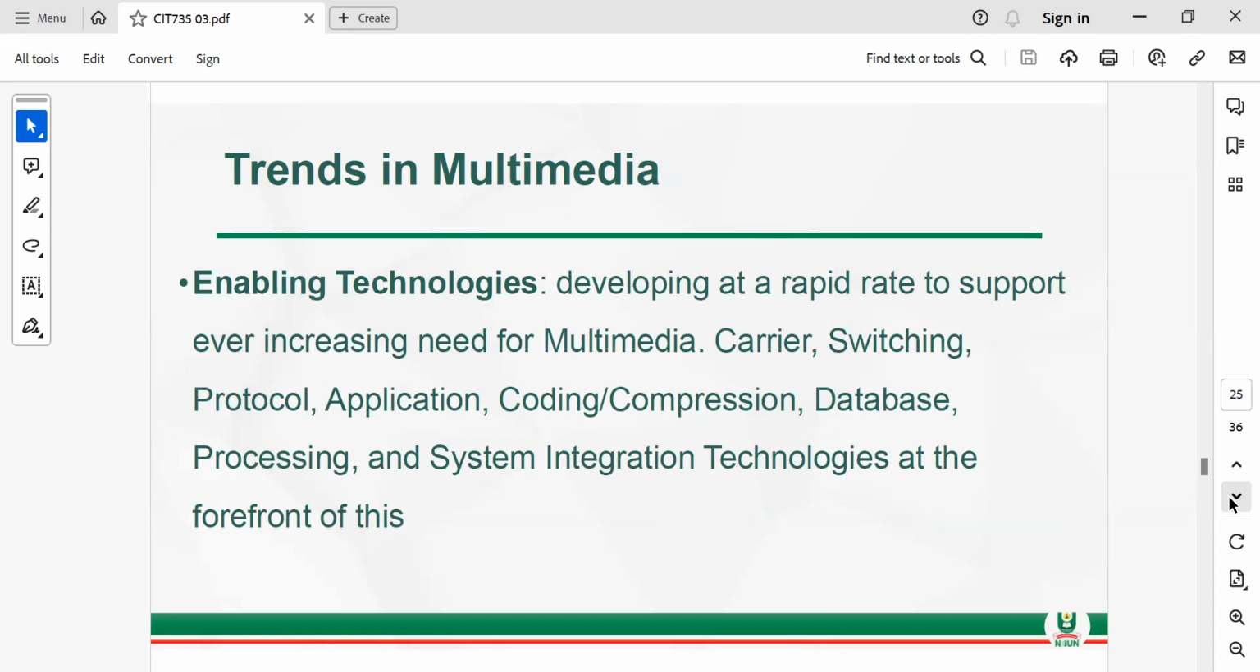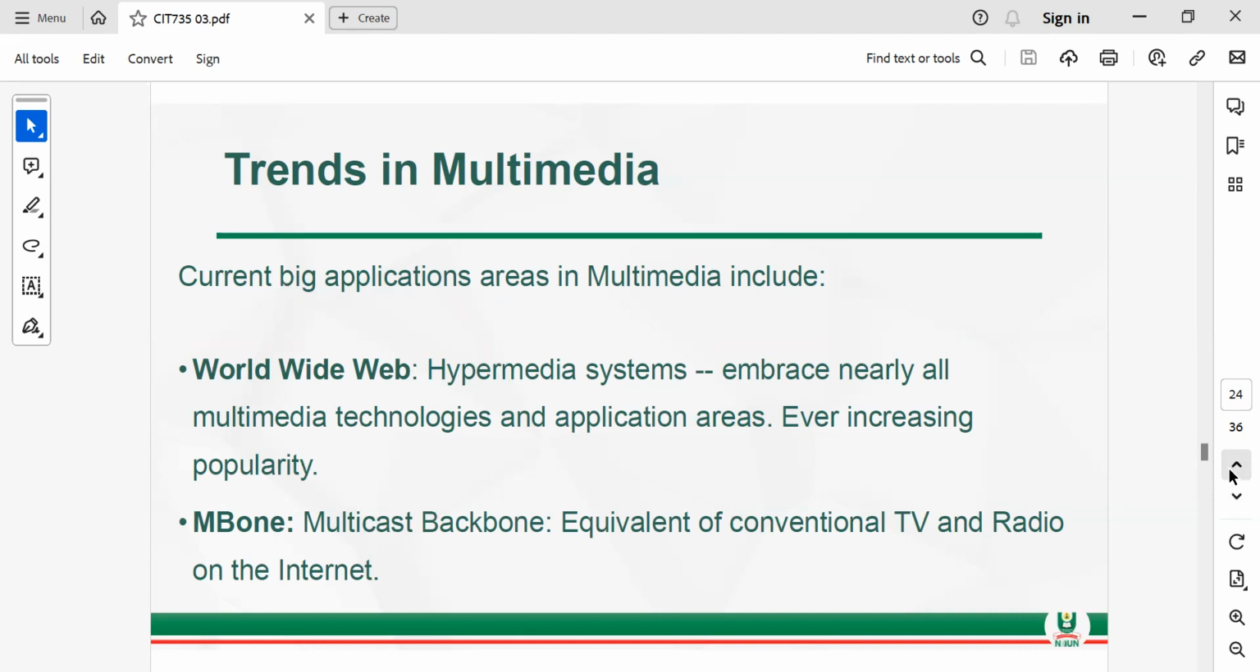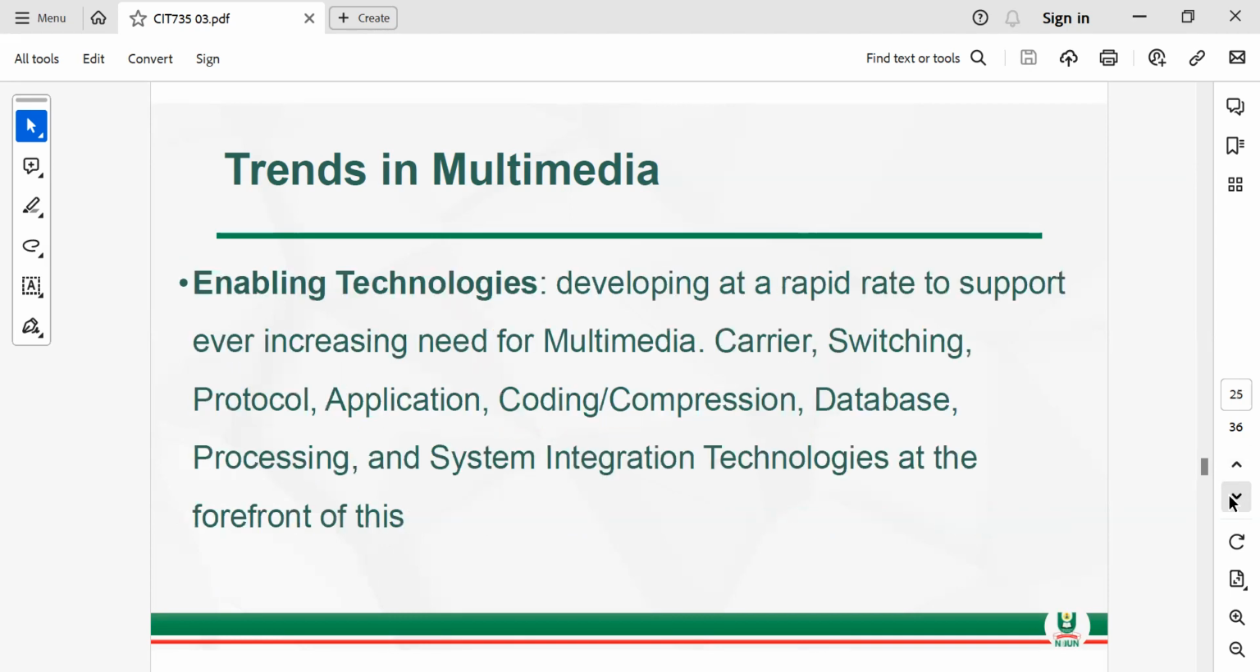We also have enabling technologies. Enabling technologies are developing at a rapid rate to support the ever-increasing need for multimedia. You have carrier, switching, protocol, application, coding and compression, database, processing, and system integration technologies at the forefront of this. All these coding and compression, you can code, you can compress. Database, you can find a way of storing different files conveniently. Processing, how to process them and bring out the best out of them. System integration,